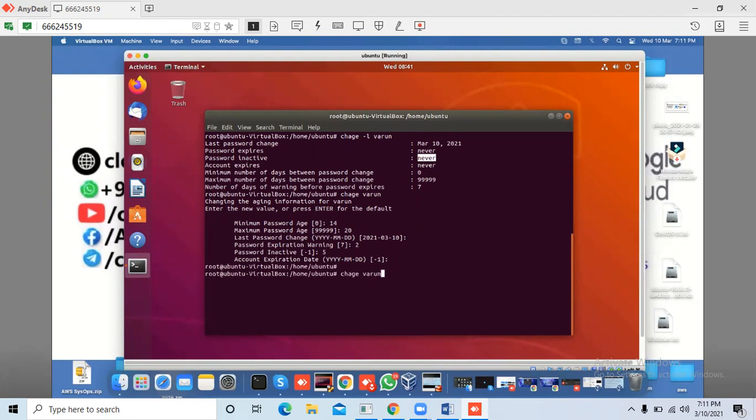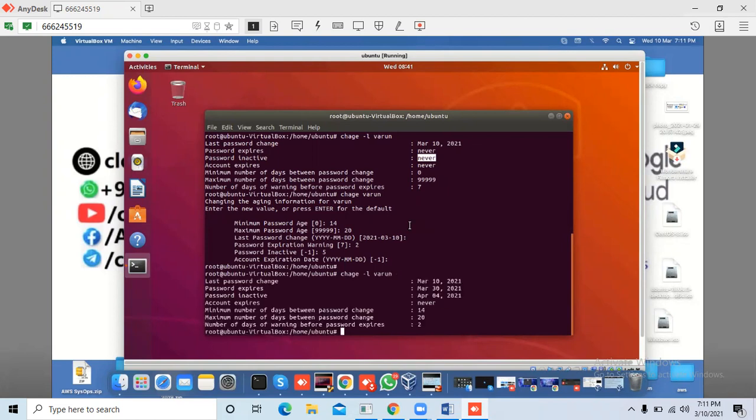Let's check again. All the things are here. Last password change is 10th March. Password inactive, 30 March.